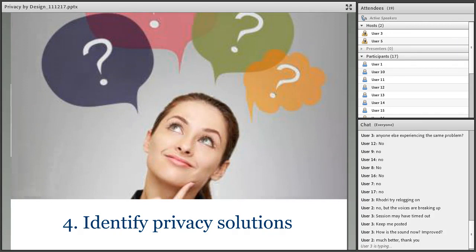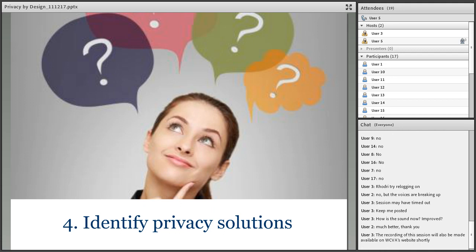Step 4 is to identify any privacy solutions. So this next stage requires your charity to identify what action can be taken to address the risks to privacy that you may have identified as part of stage 3. It's important to remember that the aim of a DPIA isn't to completely eliminate the impact on privacy, but to reduce the impact to an acceptable level while still allowing a useful project to be implemented.